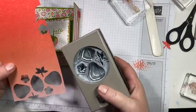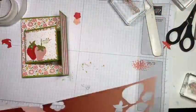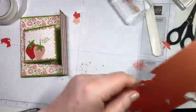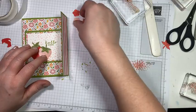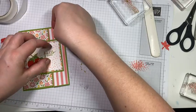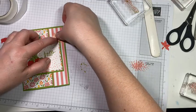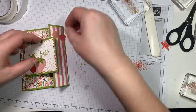And what color? What do I have here? I have a dark, a light. Let's do a medium. There we go. So we're going to put 2 of these guys. So we want to make sure that the one that we're going to stick up with dimensionals is going to just come over this corner, so we can tuck the corner under. Okay, so we'll glue these ones down flat,